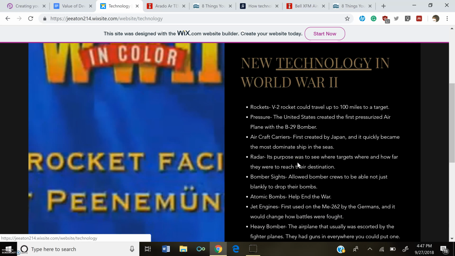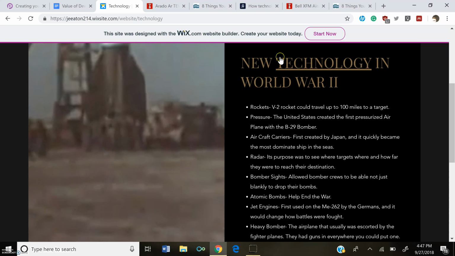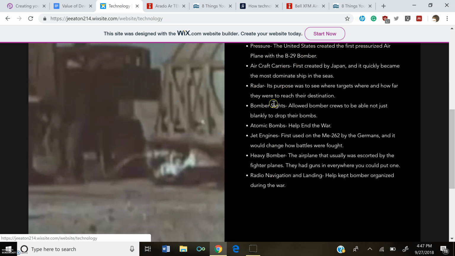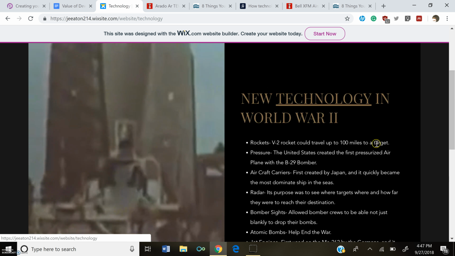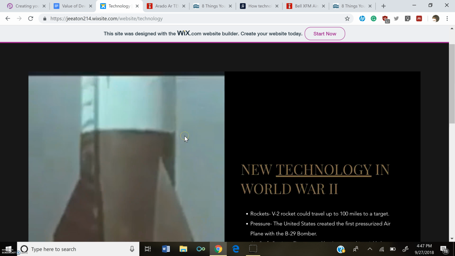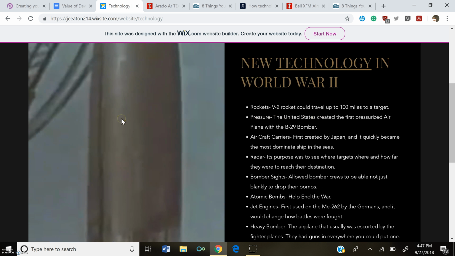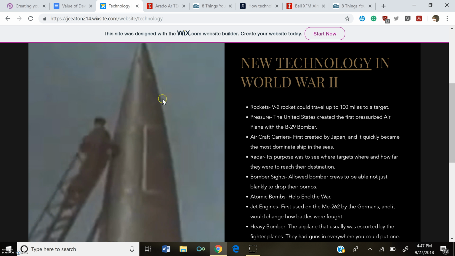It's just the new technology that was introduced in the war that affected the outcome of the war with using air supremacy. So I had the rockets that the Nazis used, pressurized aircraft, bomber sights, jet engines, heavy bombers were first introduced in World War II, but the video on the left is simply the V-2 rocket that the Nazis used near the end of the war, and this is just a demonstration of them testing and launching the